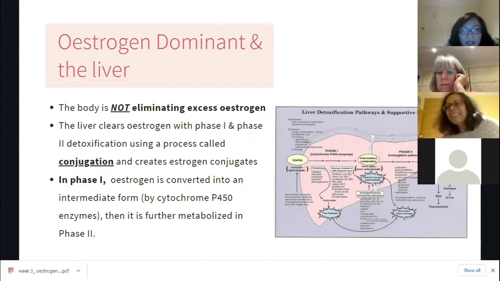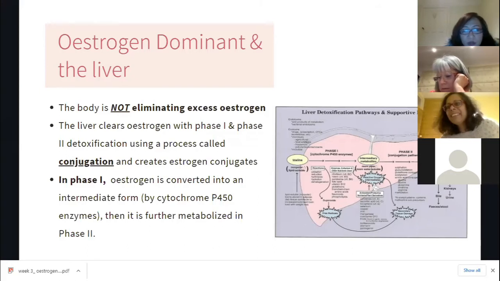So that's phase 1. And the intermediate metabolite can be quite toxic because it's not been neutralized yet. So it's in this kind of precarious situation. And if the body is making lots of phase 1 metabolite, but phase 2 is very slow, then you're going to have all these intermediate metabolites building up, and it's not going anywhere, and it can create toxicity in the body. So that's why when we talk about detoxification, you have to understand all the different phases. Phase 1, phase 2 is in the liver.